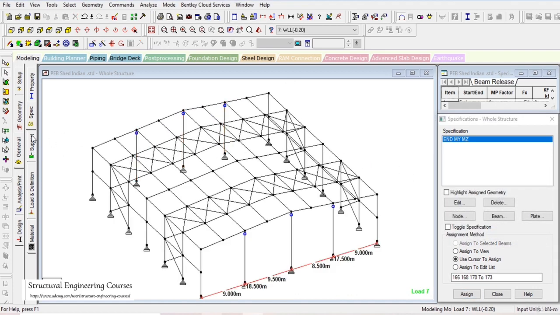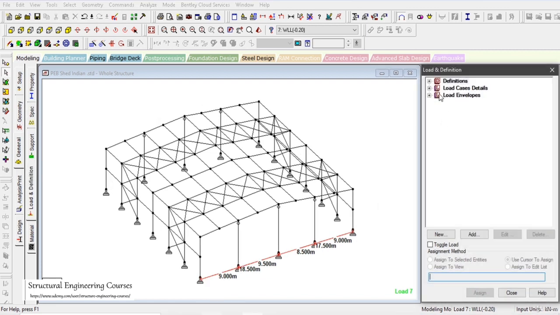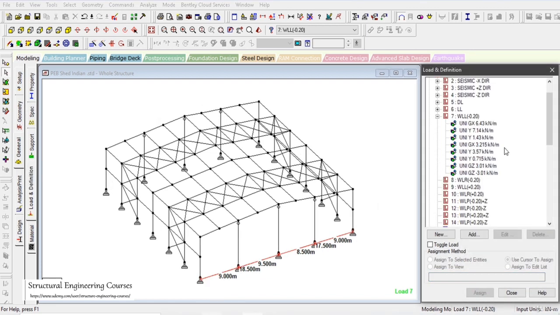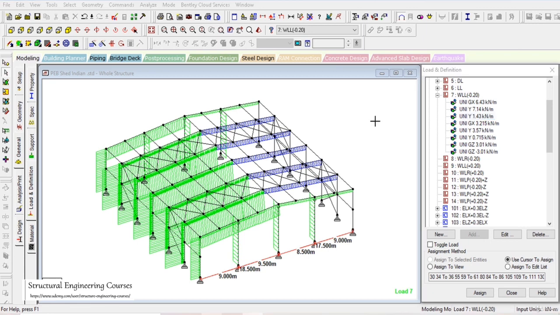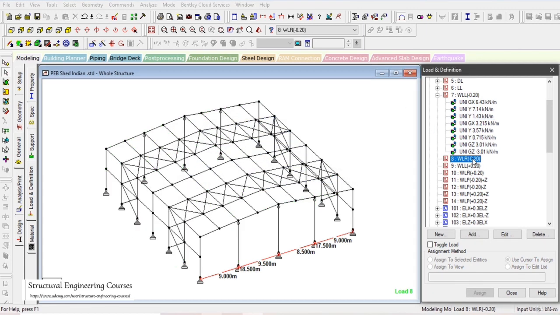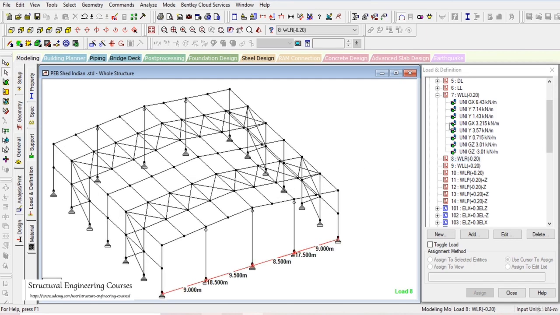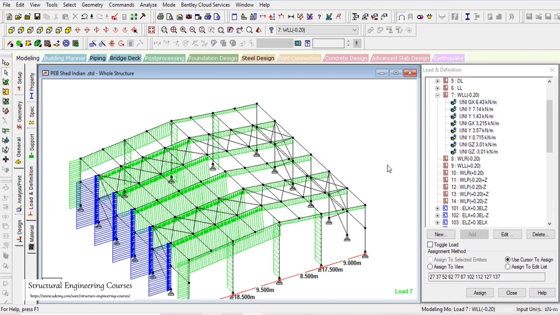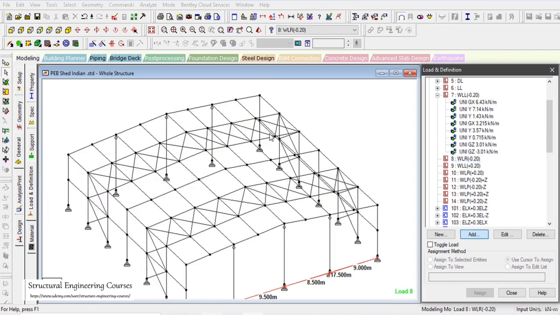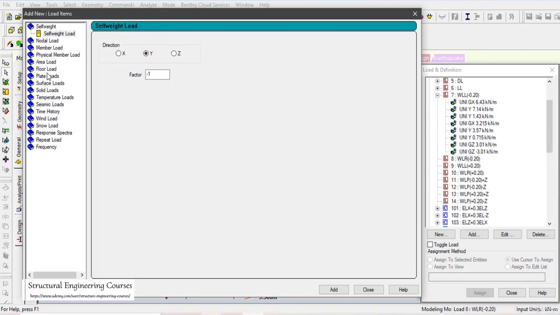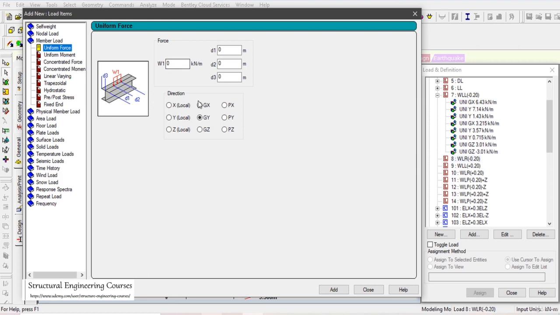After that, again we can come back to our loading parameters. So all these loadings are now applied. Similarly, we need to take the mirror loading in this load case. And how we can take it? We can just simply add first of all these values here, that is member load, uniform force GX minus 6.43 kilonewton per meter, and for Y we can take it as 7.14,